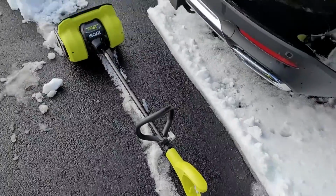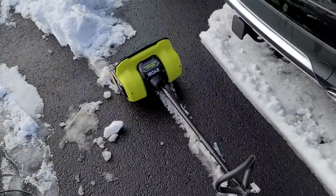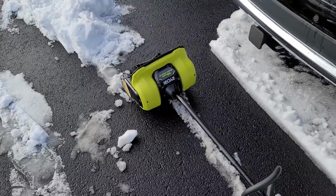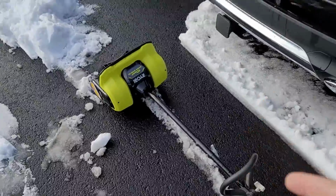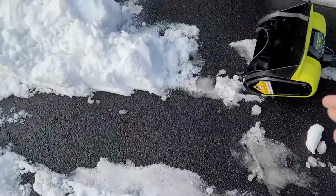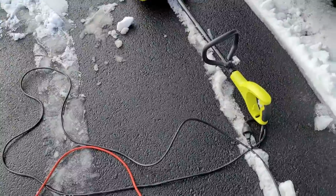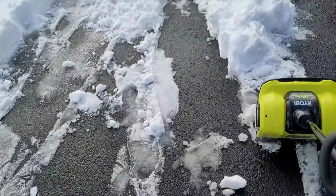So this thing right here is one of the best $100 I spent. I bought this thing actually at the end of summer 2018, for like $100. It was on sale. I didn't use it at all last year, but it's an electric snow shovel. I couldn't justify spending over $1,000 or so trying to get a snowblower. But this, and the thing is, it took me almost 2 years to finally use it, but